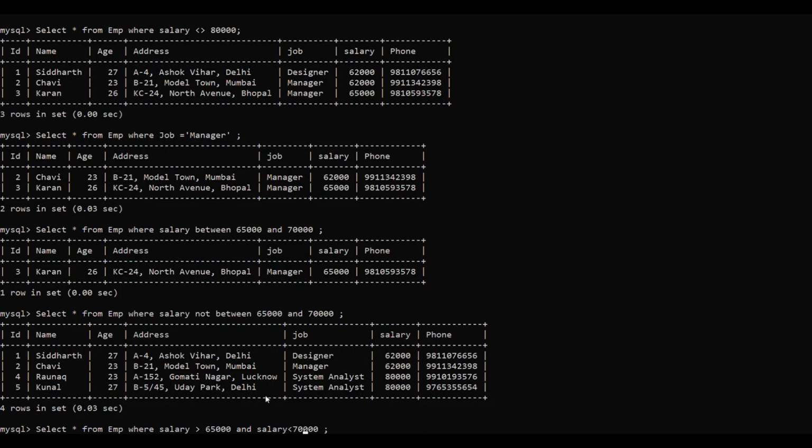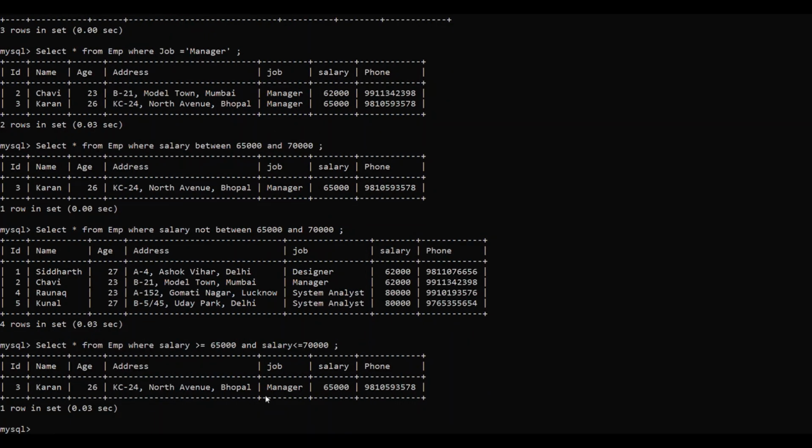But please remember one important point, children. The between keyword is inclusive of the boundary conditions, right? So that means the salary greater than or equal to 65 and salary less than equal to 70. The boundary conditions are also included in the keyword between.